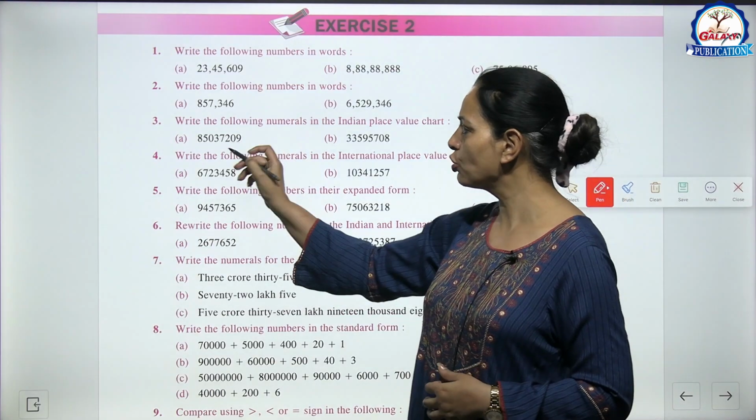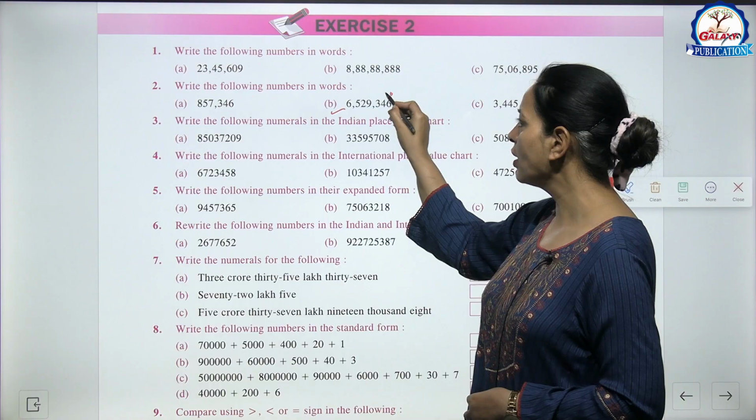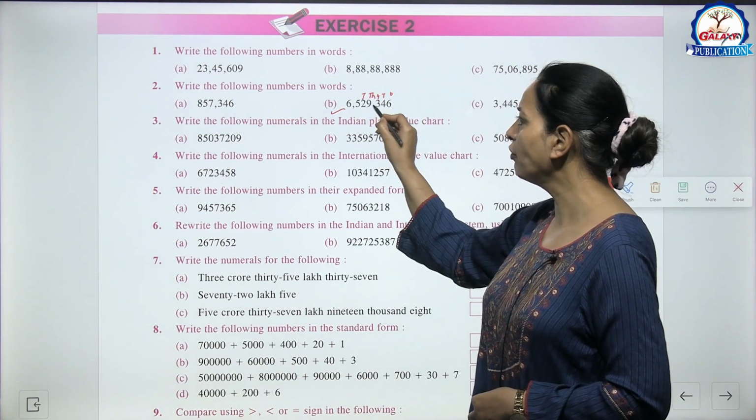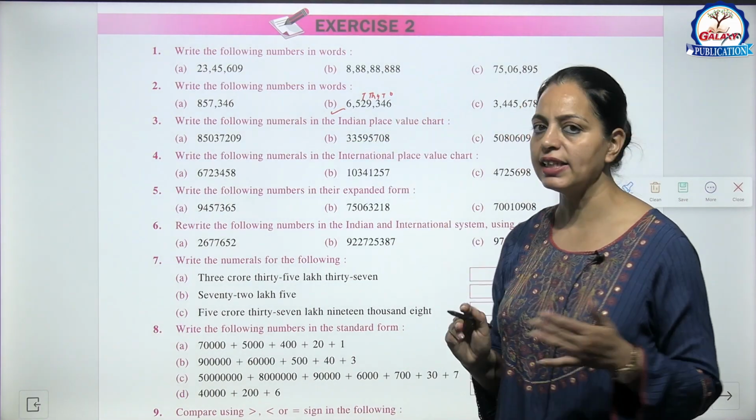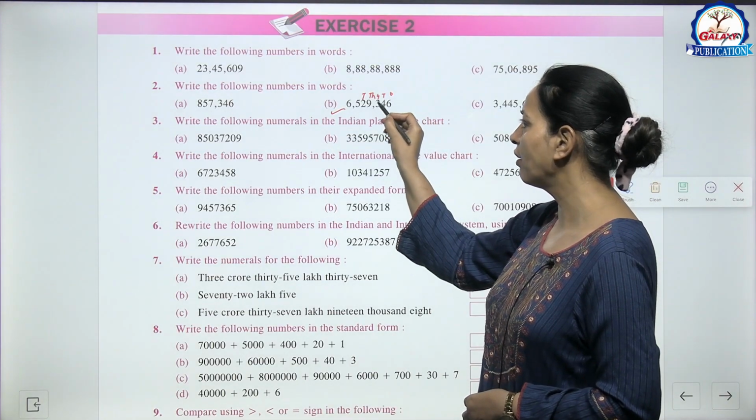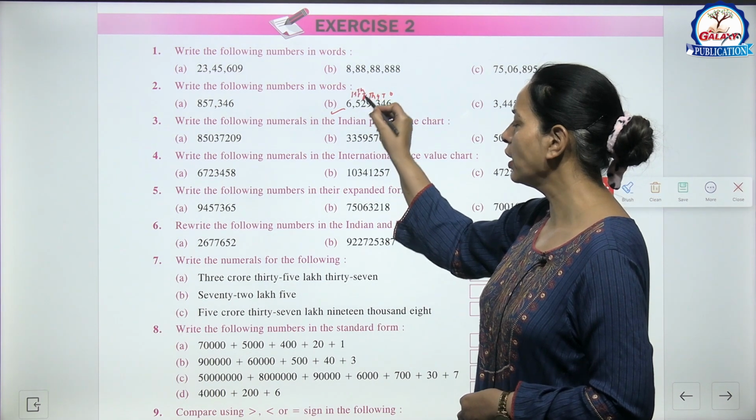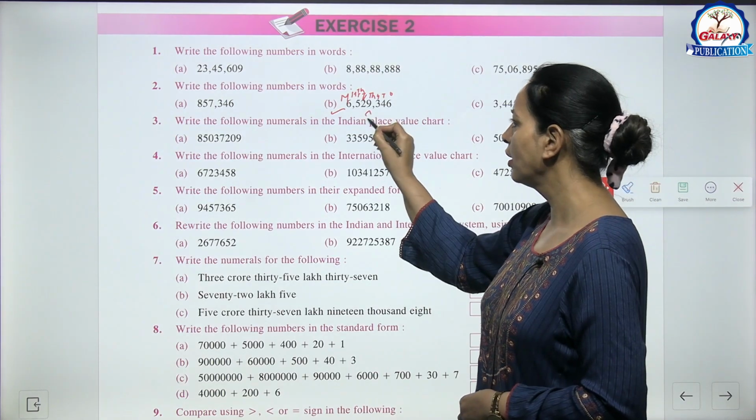Now come to question number 2. Write the following number in words. Like B part, ones, tens, 100, 1000. Here we have 3 digits. Okay. Commas. Okay. So it means write in international place value system. So ones, tens, hundreds, 1,000, 10,000, 100,000 and then million. So 6 million,